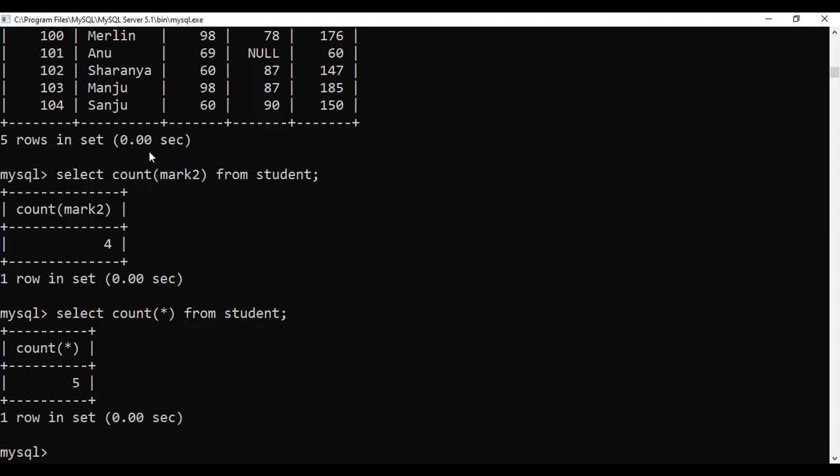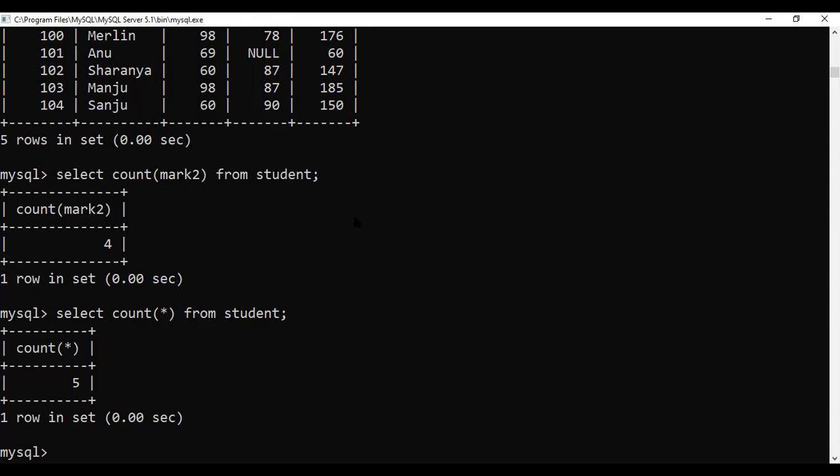You have to say that this is because of the presence of the null value. In statement 1, the aggregate function returns the value excluding the null value, but count star includes the null value. So that is also a case study question, many times asked in the exam.